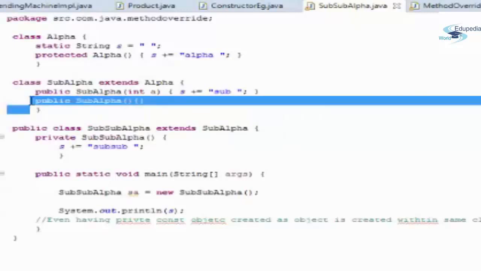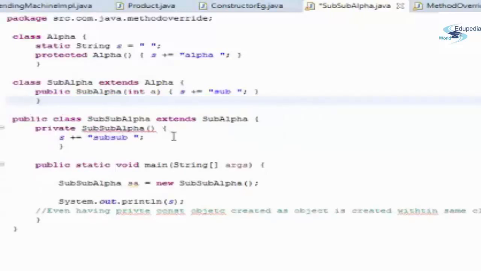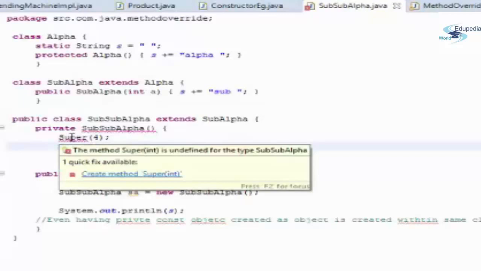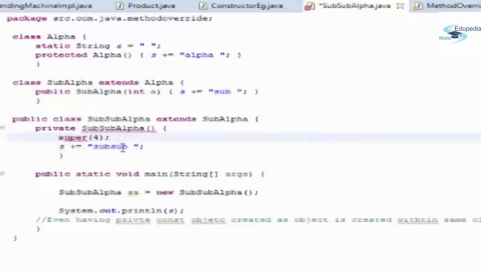Okay, what if this constructor is not over here and we still want to make it work, how can we do that? Let's try to call super. Let's call super over here with some parameter. Let me pass 4. Okay, now it's fine.